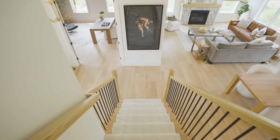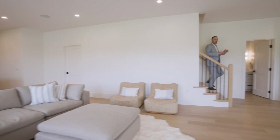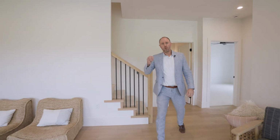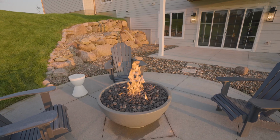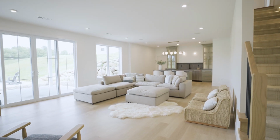Let's go take a look at the lower level. We don't have basements anymore. We have lower levels in luxury homes. Look at this walkout here. You've got 2 more bedrooms and a bath down here, but you gotta have another open floor plan with this